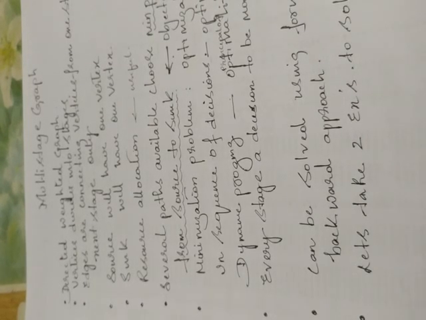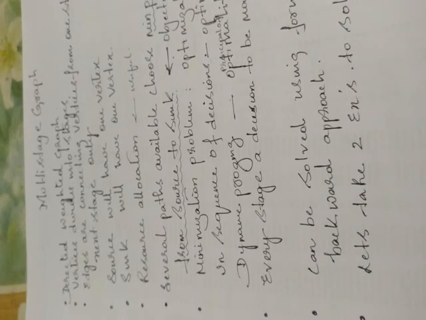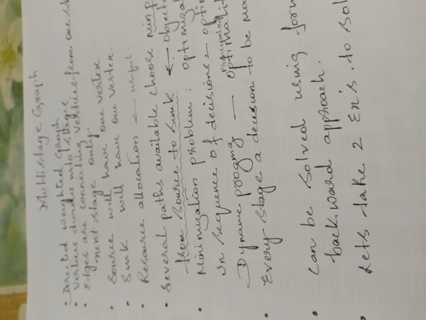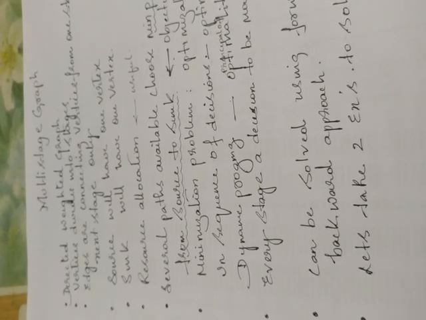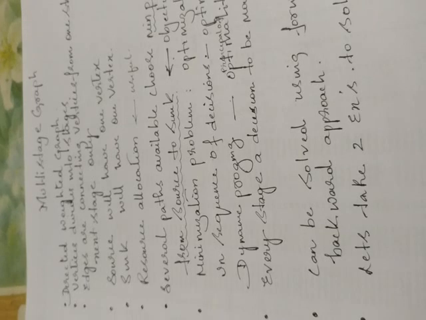And when it is source and sink, it will have only one vertex. In the intermediate stages, it can have many vertices. Now, this is usually the application point of view for resource allocation. Now, we will be finding the minimum path cost, out of the several paths that are available. I have to choose. That is the objective. From the source to the sink, I have to find the minimum path.